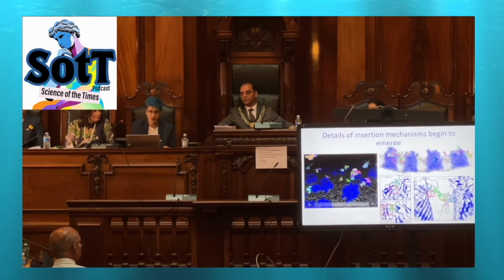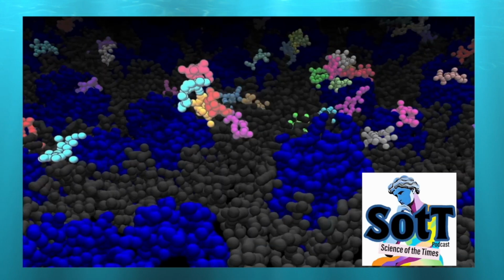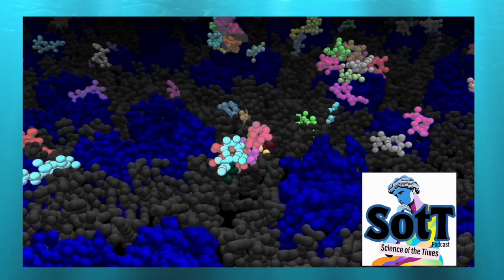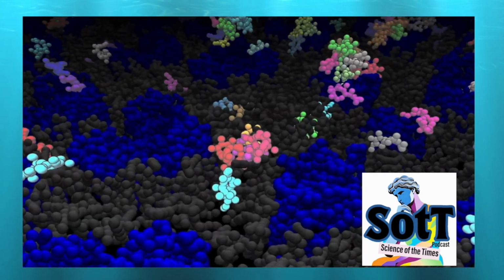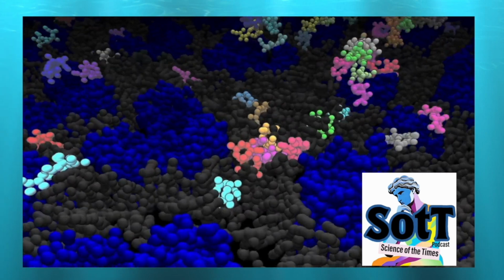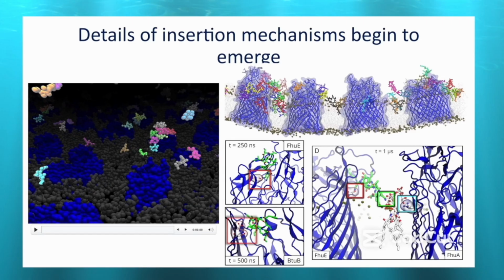Okay, I just played this movie here. So what we learn is, the different colored balls that you can see are antibiotics. The balls are flying around, and the blue things are proteins. They're hitting the proteins. You cannot get this level of detail from any experimental method alone. You have to combine experimental methods. And so what we're showing is we can see the antibiotic is getting stuck here, or it's getting stuck here. This is what we need to change to ease its path in. So this is the kind of information we can get from these calculations.